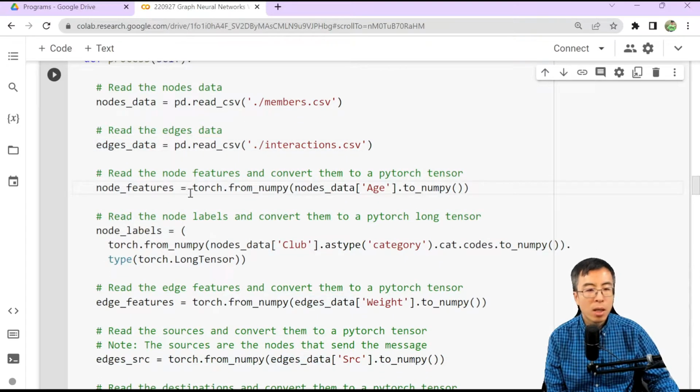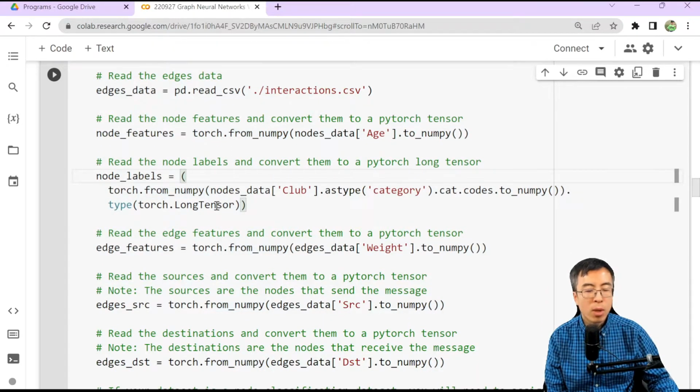And then we need to read the nodes features and convert the nodes features to a PyTorch tensor. So here, the only nodes feature pertains to the age. So therefore, we are going to first convert the data frame column age to a NumPy array, and then convert that to a PyTorch tensor.